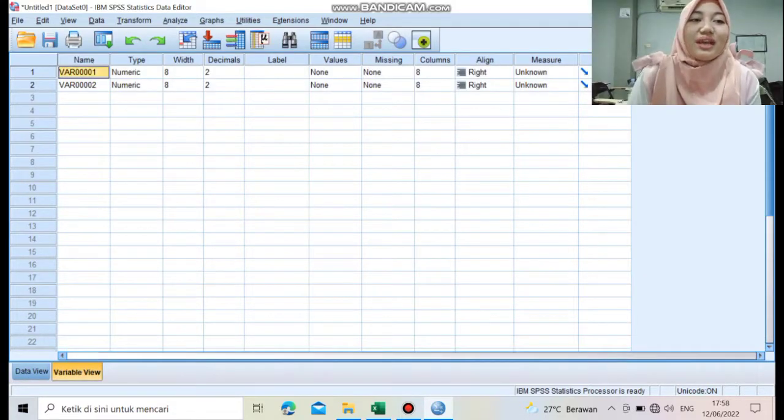Then we change the names to X and Y. We change the decimal to 0.